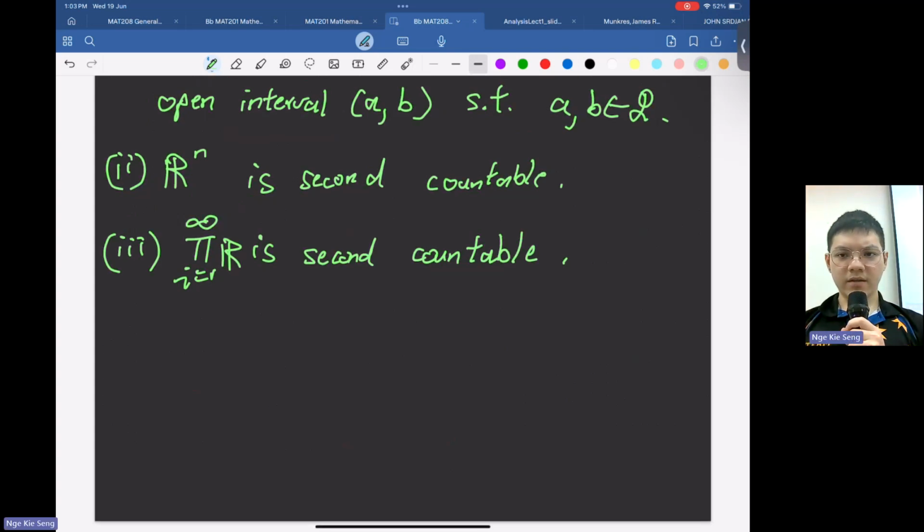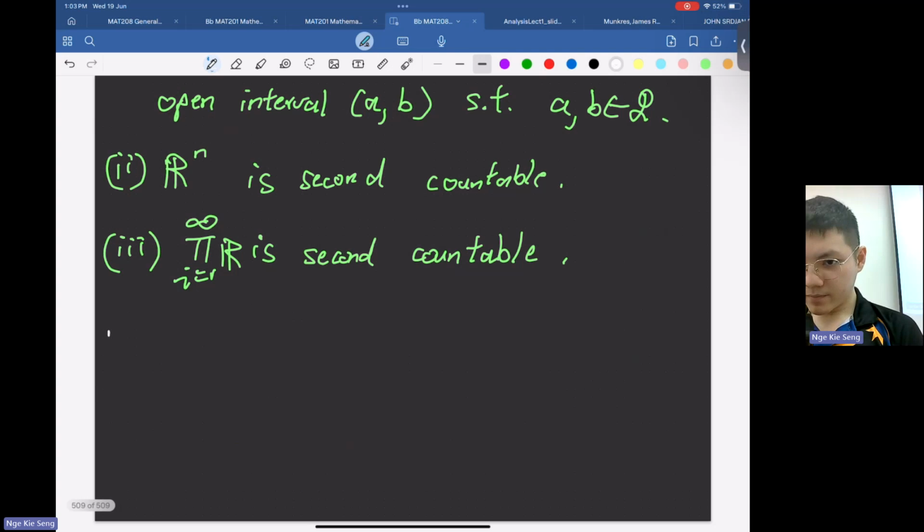Okay, let's resume. Okay, talk about second countability. So let's define some more terms here. A topological property